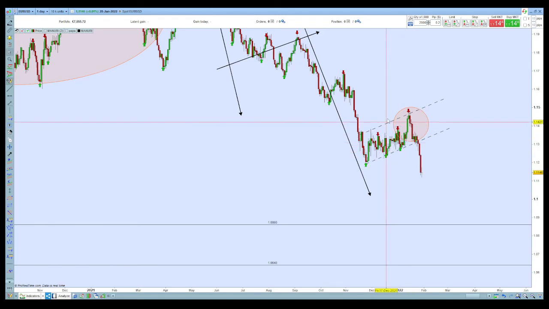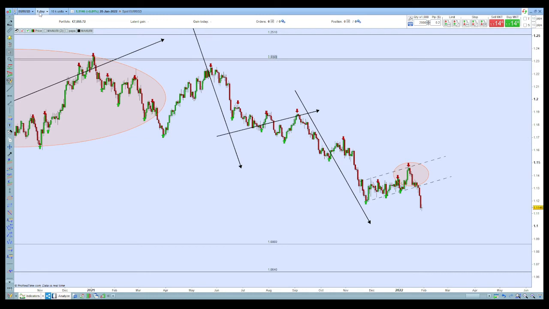And here, okay, so we can see that was a correction, and now we are heading down. Okay, so that was the Euro USD. So now let's have a look at the British pound